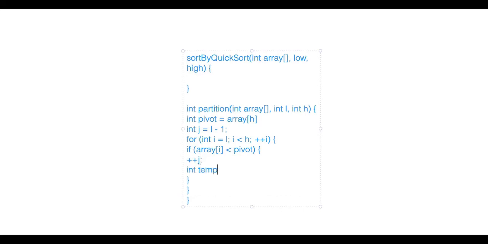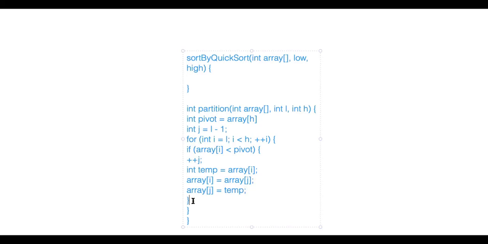We will do int temp equal to array of i, array of i equal to array of j, array of j equal to temp.